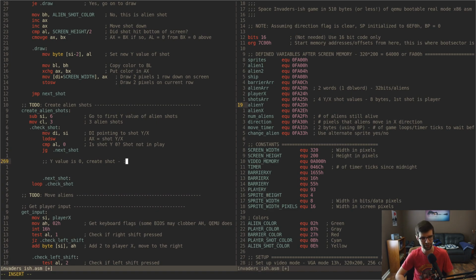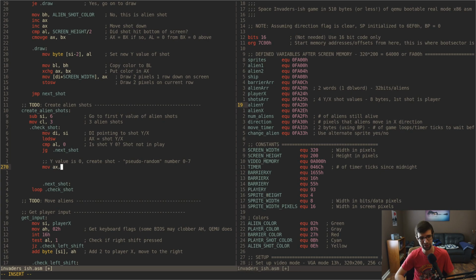It's going to be a sort of pseudo-random number, 0 through 7. So I'm going to try to make it a little randomish between 0 to 7 to sort of offset into the alien array here. So I can spawn the new shot under one of the aliens in each row. So I'm going to use the timer to do that. Since the timer is in the BIOS data area, it's still offset from the code segment. So I'm going to put the code segment prefix here because the data segment points to our screen memory effectively. It won't point to the timer. It would be wrong. So I have to use CS instead of the implicit DS for data segment